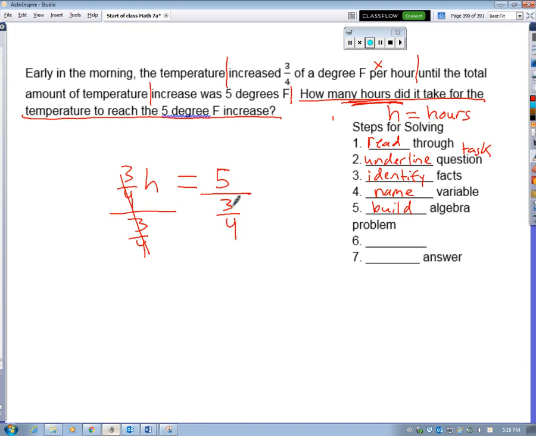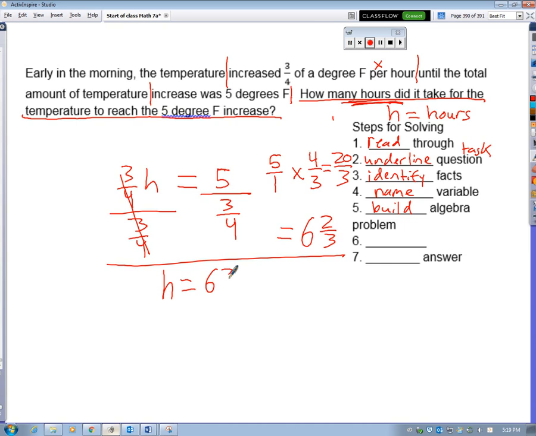Remember, when you divide by a fraction, we're going to make this 5/1. And when we divide by a fraction, we're going to multiply by this fraction flipped upside down, by 4/3. Multiply that out, we get 20/3. We can simplify that. 3 goes into 20 6 times. And then we have 2 as a remainder, and we still keep the 3 to make our fraction. Alright, draw our line across there. We have H equals 6 2/3